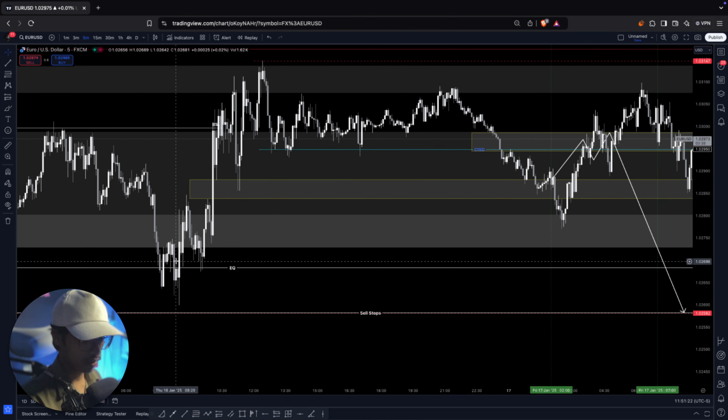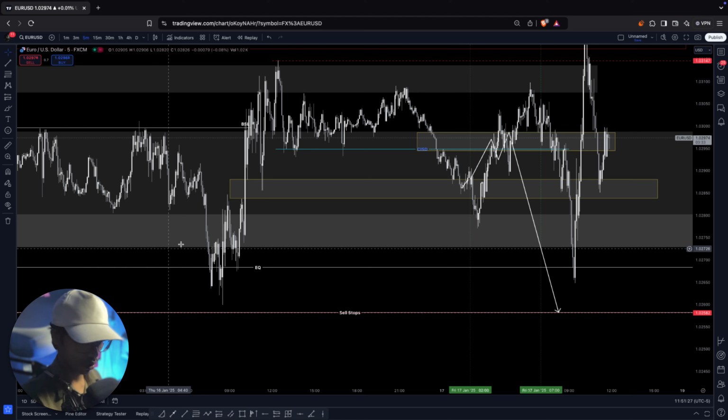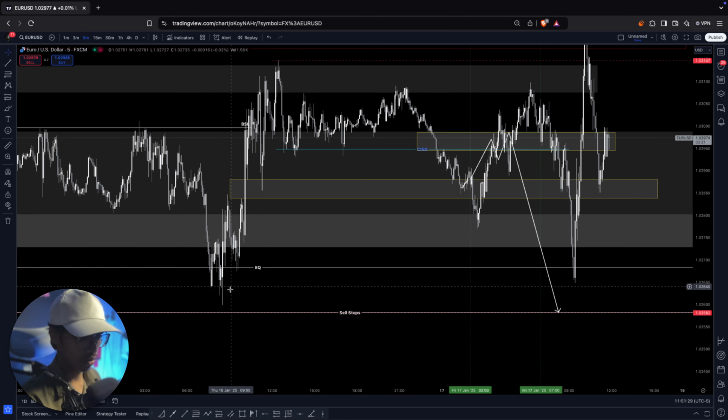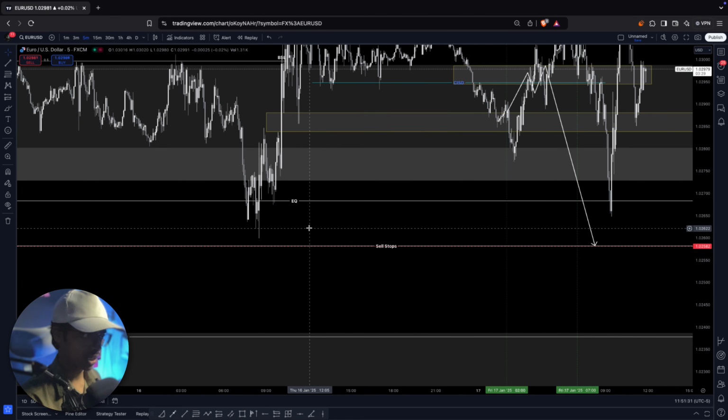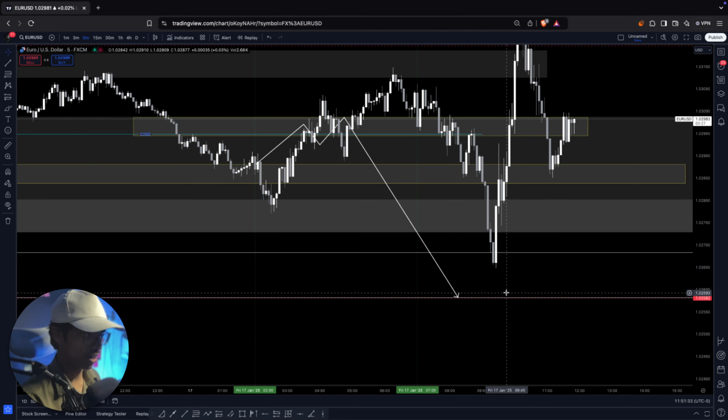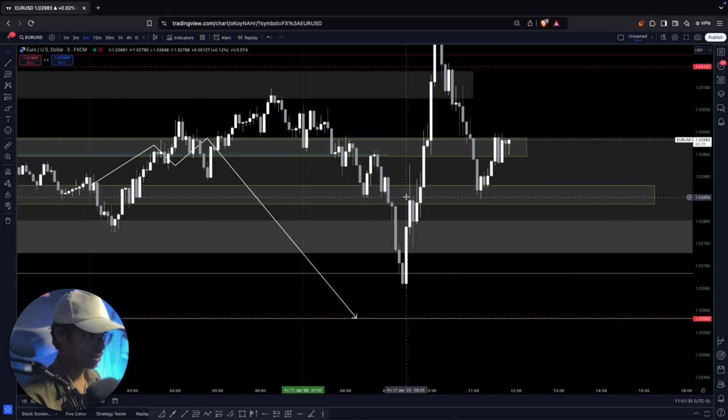Then I told you that somewhere over this point we can anticipate some kind of exit, maybe at this low or this low. Obviously this low is not going to be taken, as it has very little chance because it's Friday. So the price again rallied back upwards. Then you can see there is an order block and it went through this order block, so the sentiment has changed and you should have taken your trade out at that point.